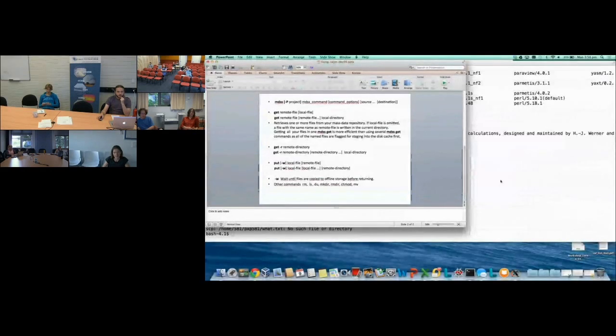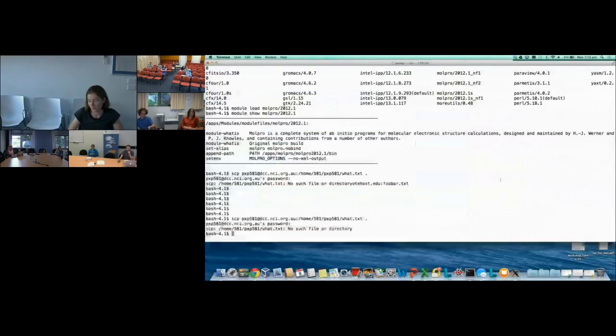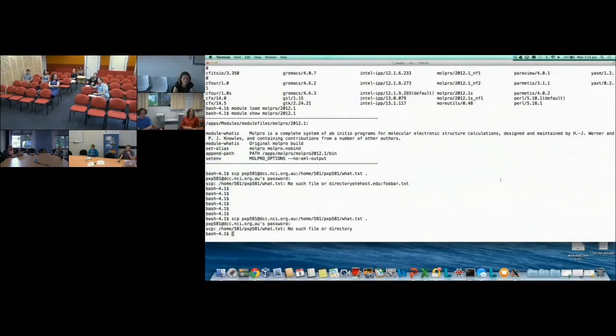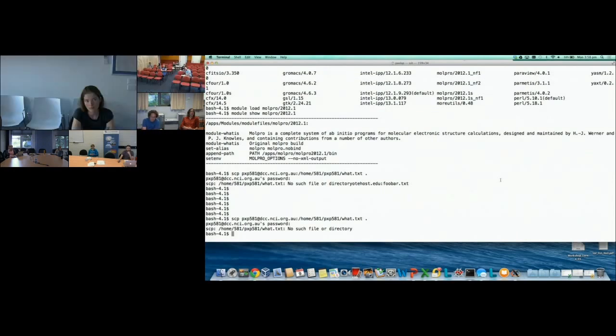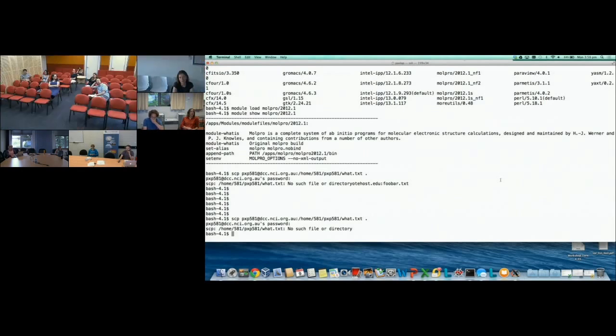Does anyone have other questions? Maybe another silly question. Stuff on home in DCC, do I need to physically copy that off to Raijin, or is it all the same file system? They're on separate file systems. So I do need to take a copy of that before the end of the month.